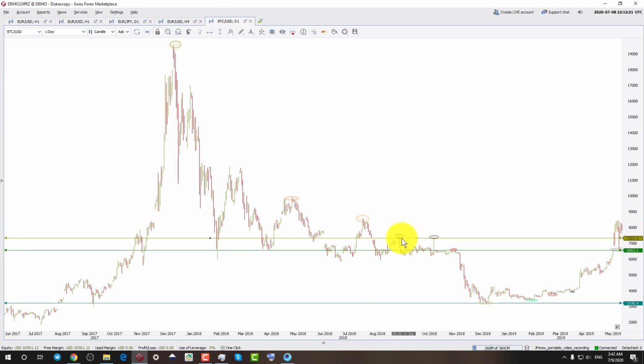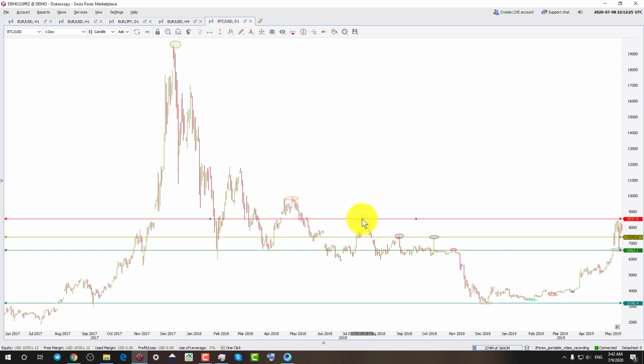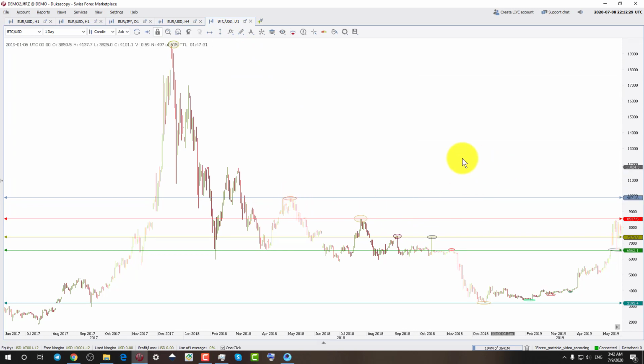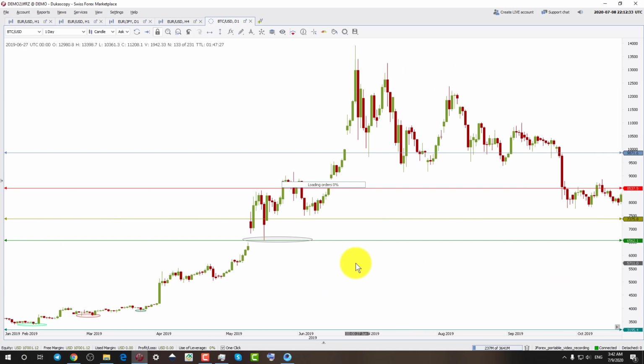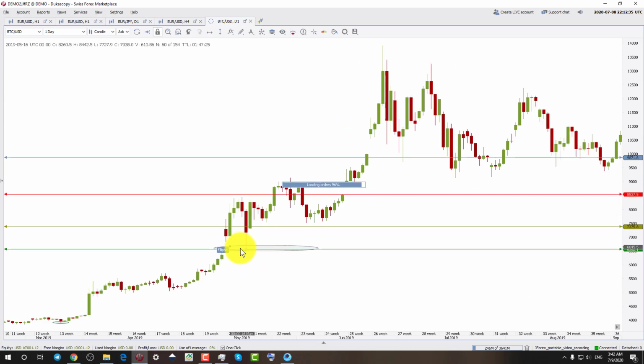First was this one, this area here, then the next area was this one, then the next area was this one. Okay, so these were the targets on the upside. Now you see, if you would have opened a long position here, then you could have booked here also, but